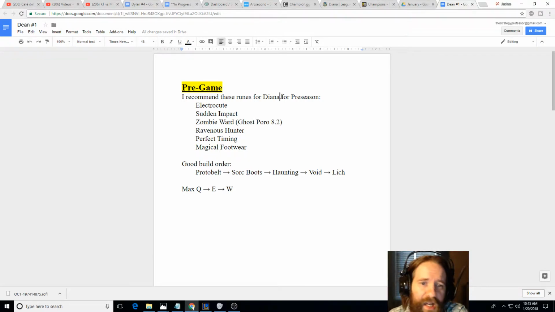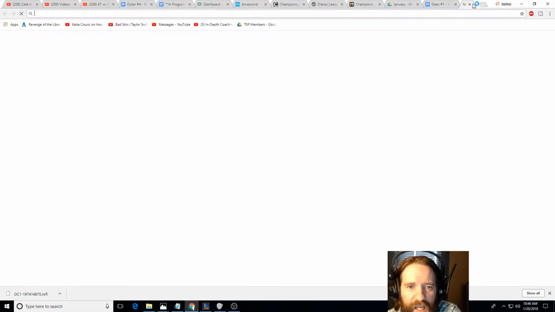Because then you can always have one of your side lane bushes warded with the Ghost Poro, and you can have the other one warded either with your standard ward or a control ward. And you need to have vision of those side bushes as Diana. A lot of people, especially in Bronze and Silver, aren't going to wrap around. They're just going to walk through the river bush. So if we look at...